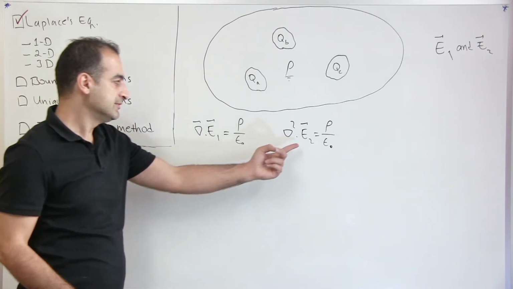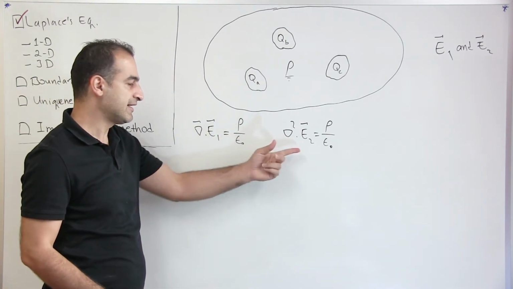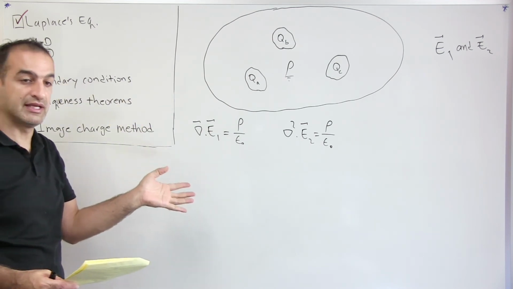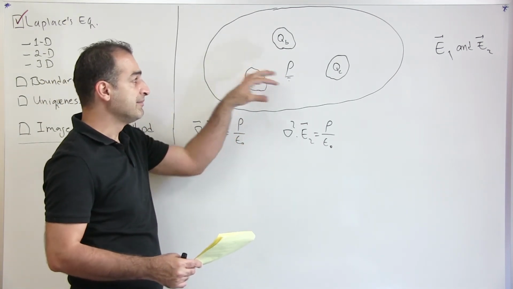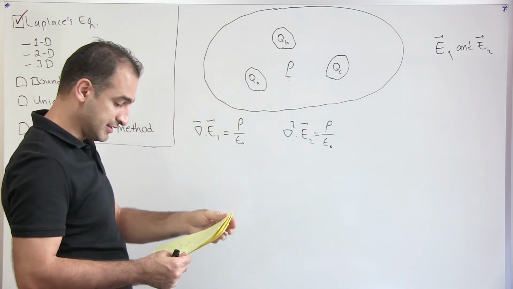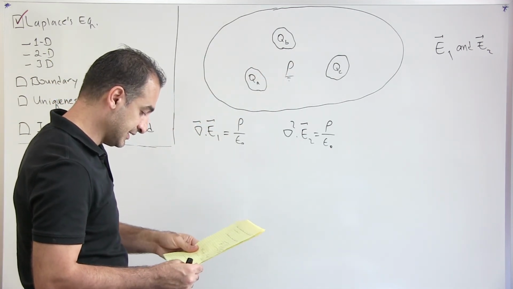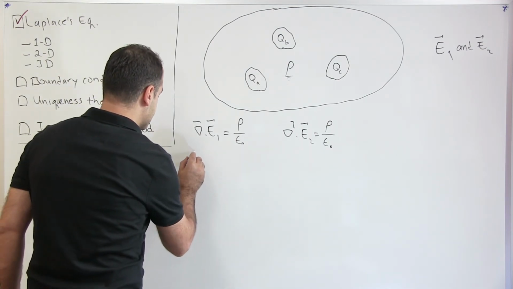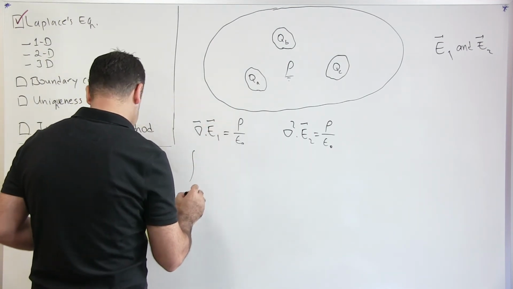So these two electric fields have the same divergence. That doesn't mean they are necessarily the same, but the divergence must be the same because that's the physical charge distribution we have. And if we integrate the electric field around each conductor,